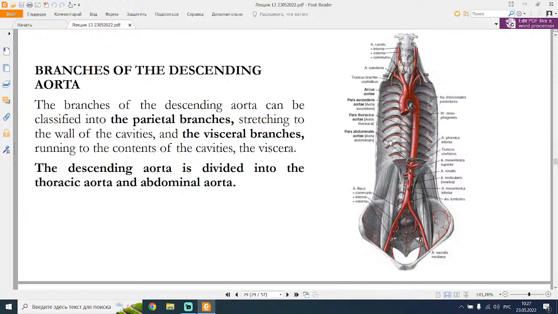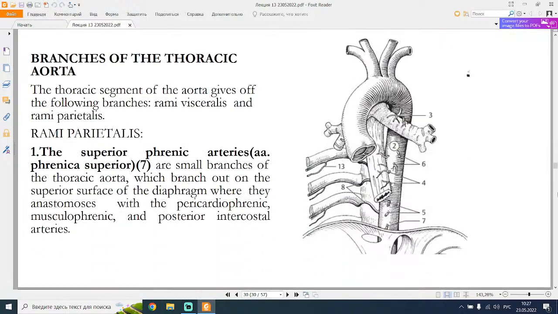The descending aorta is divided into thoracic aorta and abdominal aorta by the diaphragm. Branches of thoracic aorta. The thoracic segment of the aorta gives off the following branches: rami visceralis and rami parietalis. Rami parietalis, the first, the second phrenic arteries, arteria phrenica superior,